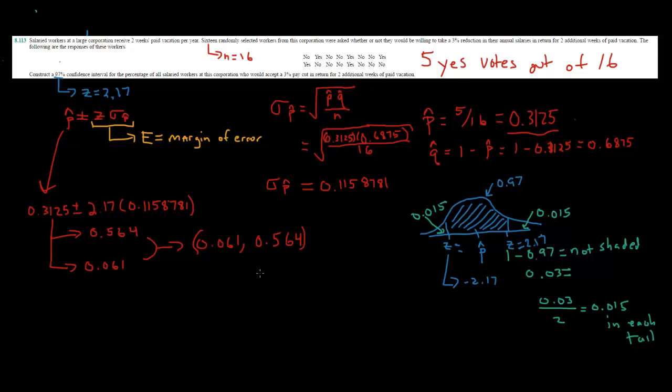Now, proportions are percentages, so it's sometimes better to think about these as actually percentages. So we could write the same information in percentage form: this 0.061 is 6.1%,